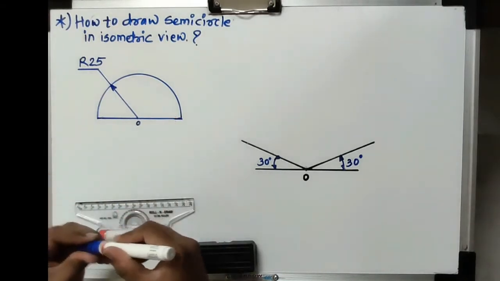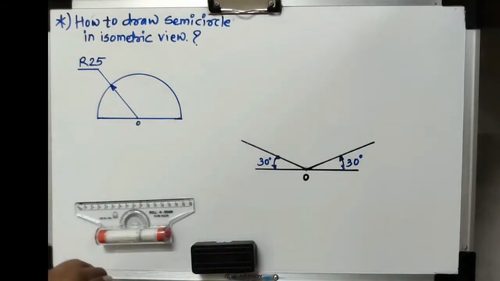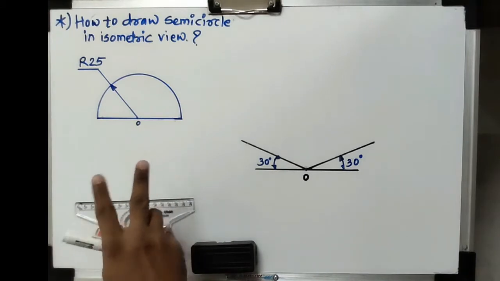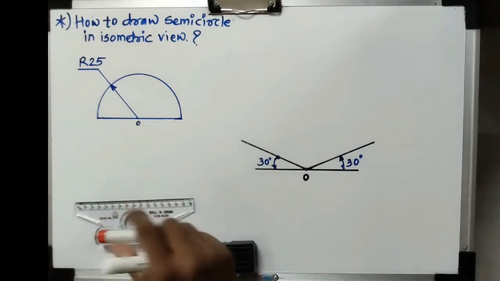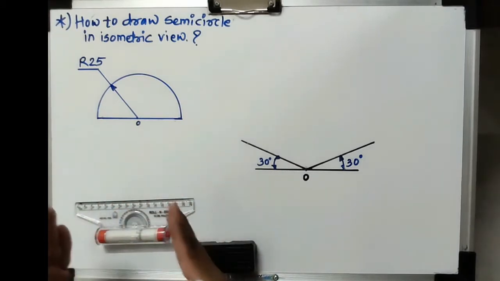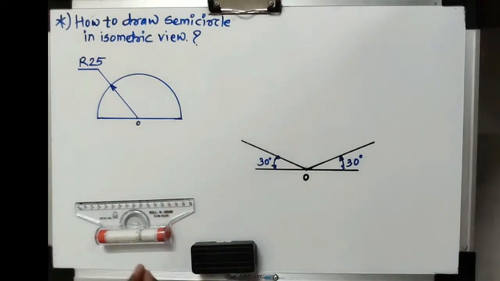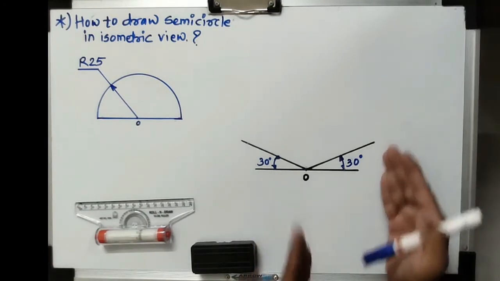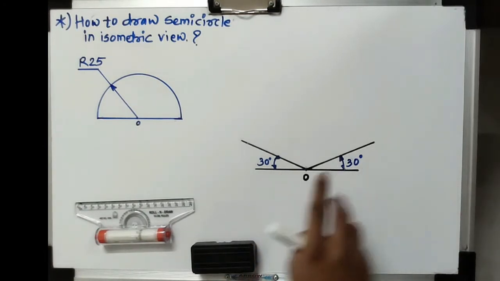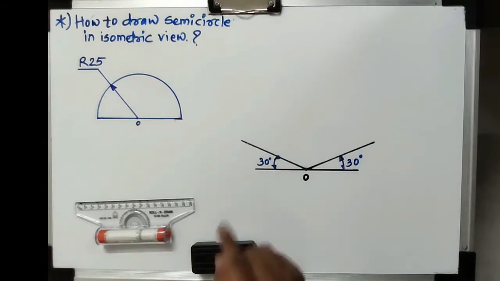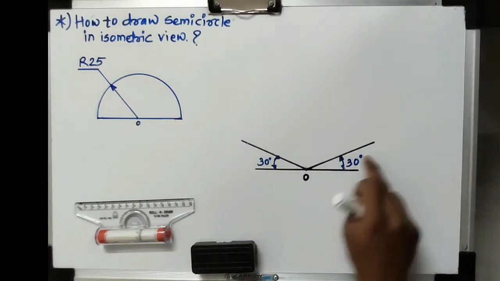Now the next thing is to identify what dimension is given for the semicircle, and again here also we have to represent that semicircle in a box, either a rectangular or square box, but particularly for a circle the square box is there, which we have to create in the pictorial view. Likewise that same square box we have to represent in the isometric view, either on the right side inclined line or on the left side inclined line.